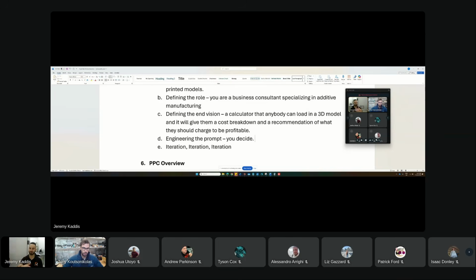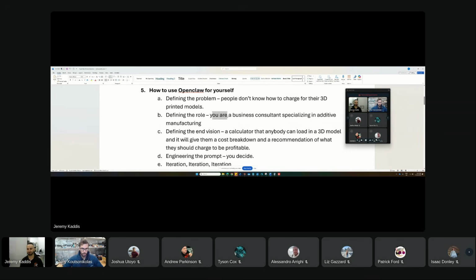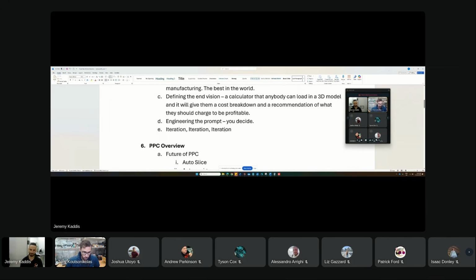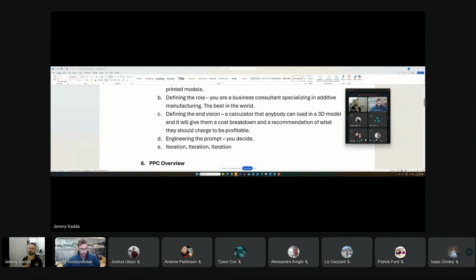It'll give you a plan on what it thinks is the best, based on being a business consultant specializing in additive manufacturing, the best in the world. Yeah, and you can literally say stuff like that, because then it'll be more thoughtful and reason. But this is all about building up the context, right? With actually engineering the prompt, if you tell it how to do something, it'll go and do that.